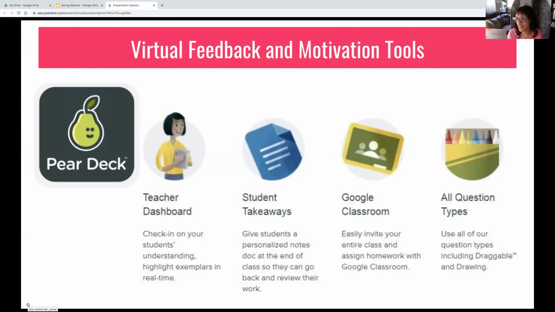The first one is Peardeck. That's what we're using today. I like Peardeck because it gets everyone involved in the conversation, not just calling on names. I think it's a real good apparatus, especially if you want the whole class opinion. You can see it, we can comment on it, and we can just move on.